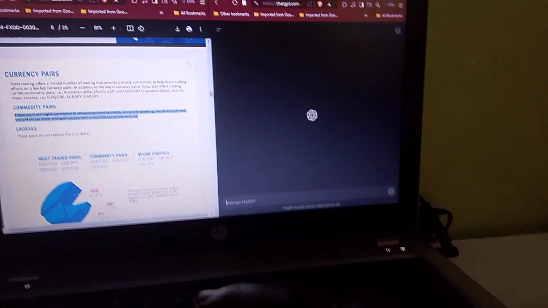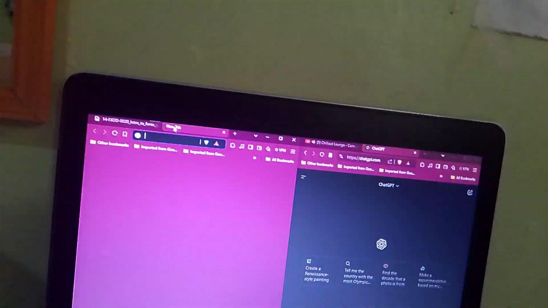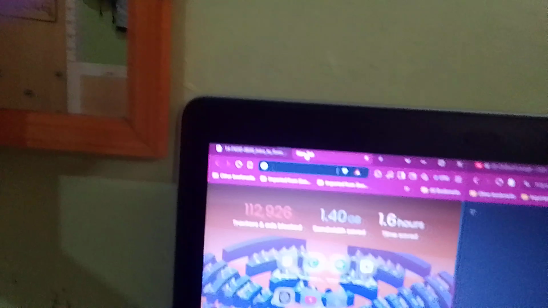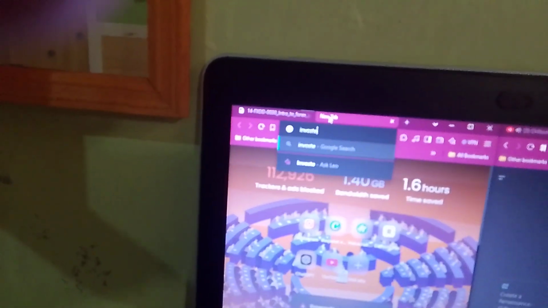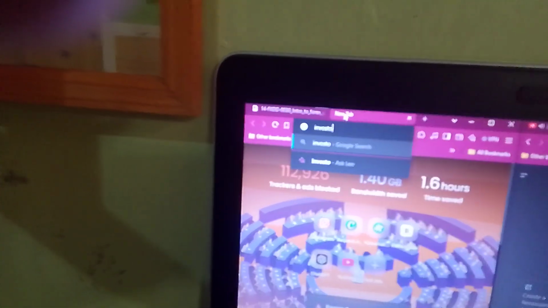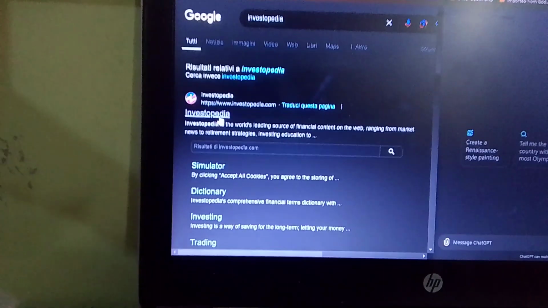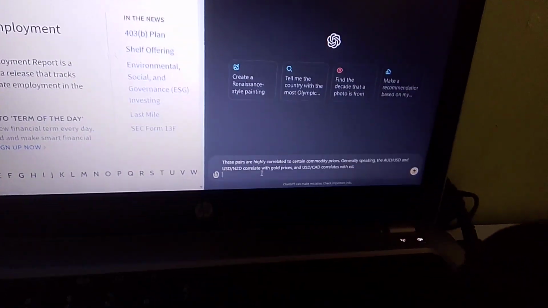So while it's opening chart, remember I told you someone told me about Investopedia, so we can also search Investopedia and see what it says about that. I don't know whether we can search information from it. Let's see. Investopedia dictionary, and then on this side we can go on GPT and paste it, and then tell me,